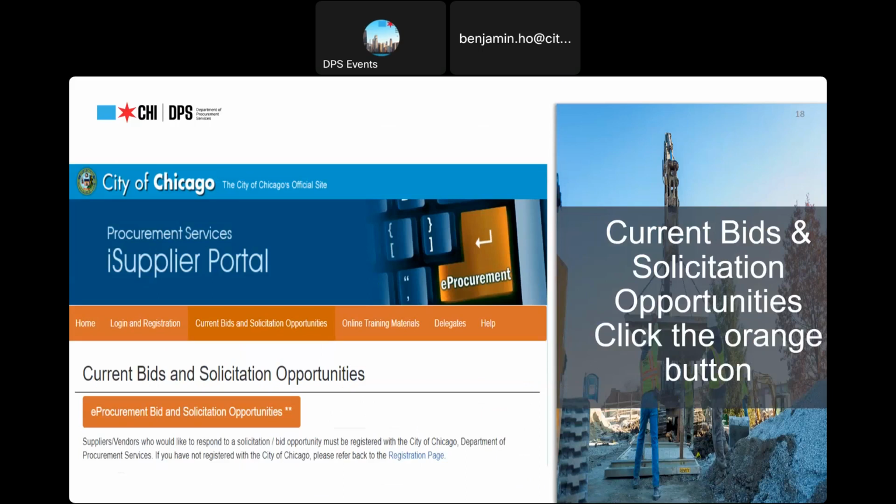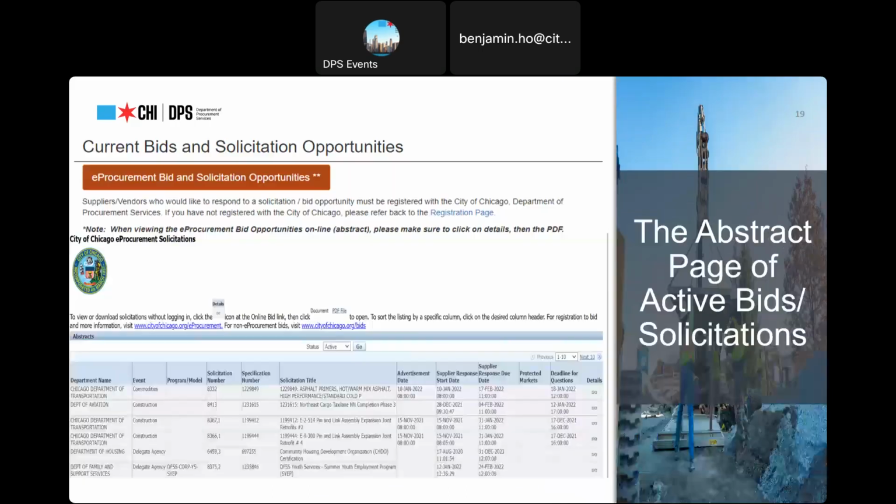And then we'll go back to the iSupplier portal, which you can also access from the main homepage. And this will now be how you would go view the solicitation opportunities. When you click that orange button, this takes you to what's called the abstract page. The abstract page will show you everything that's active for